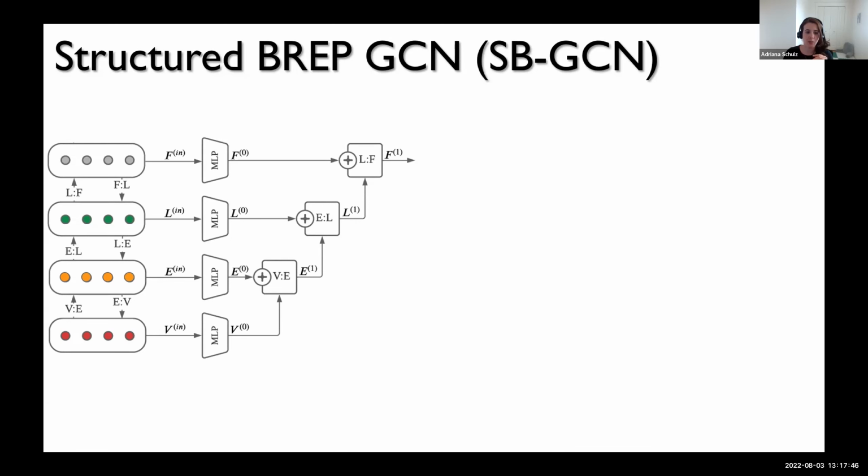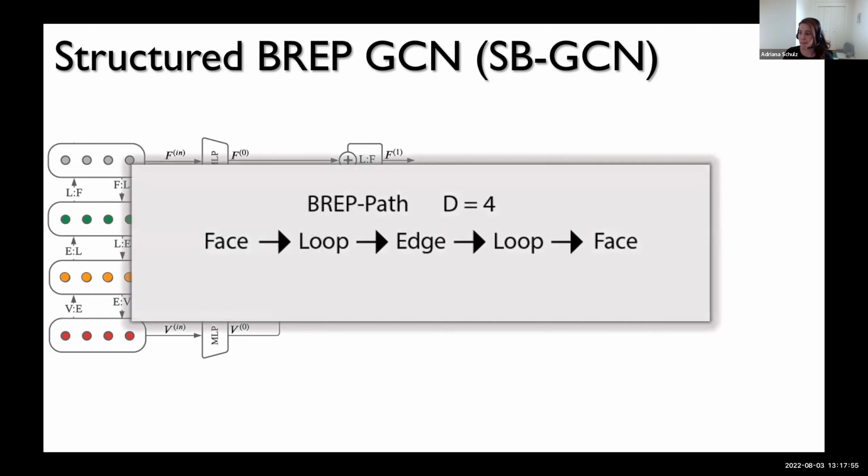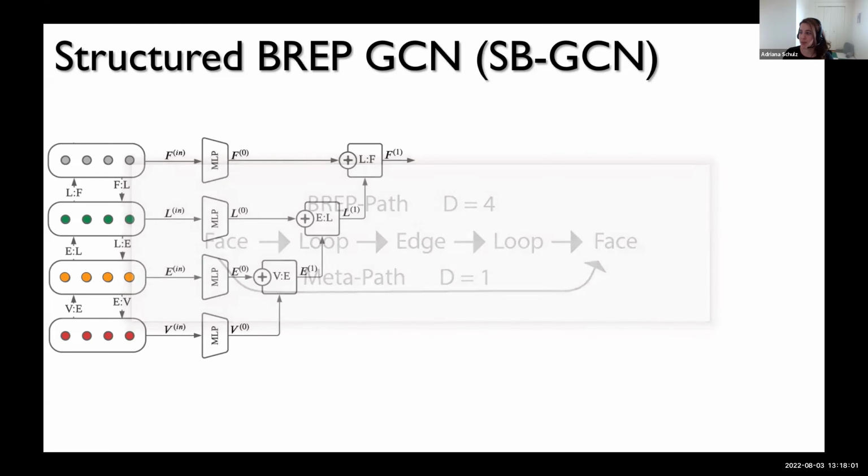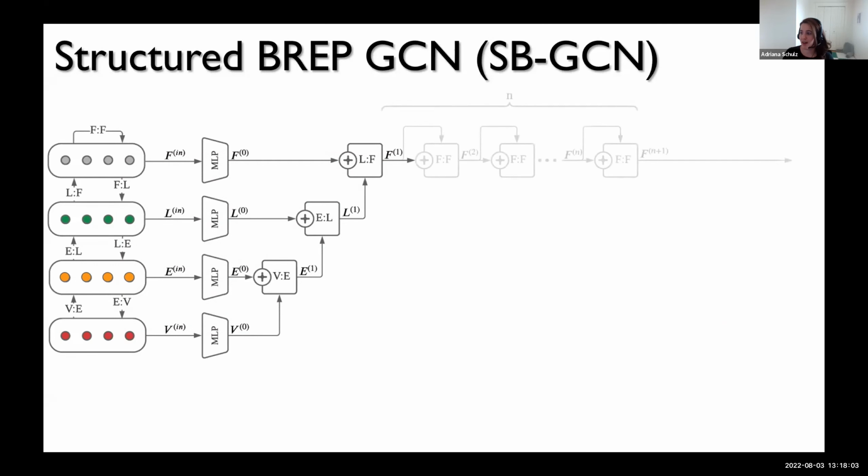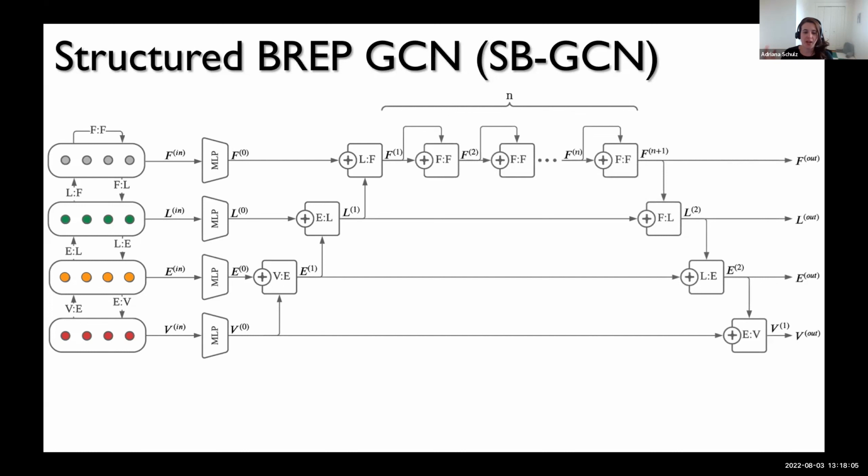Because as I said, we want to be able to understand the geometry, right? Without having to go deep and back and forth many times. So what we do is we create these meta paths that basically connect adjacent faces, kind of a shortcut. And now because we have these shortcuts, we are actually able to train and learn using more shallow networks.